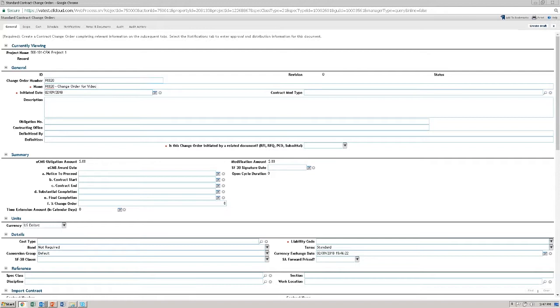Next, we need to enter the date of the award. This is the date the SF30 was signed, which you can find in block 16C. It pre-populates to the current date, which we're going to leave as is. Now we can click